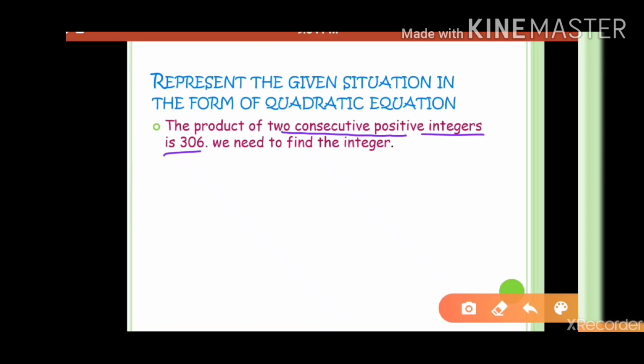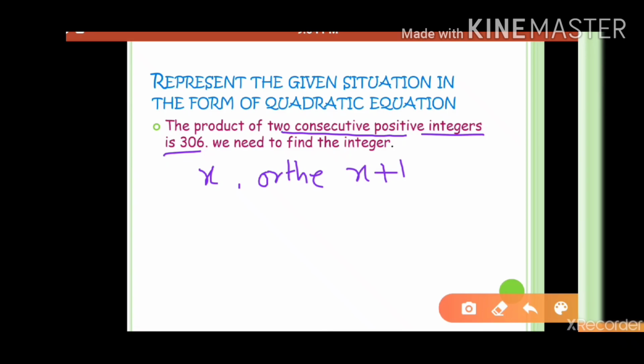We know that two consecutive positive integers are regular numbers, that we can say if one of the consecutive positive integers is x, then the other is x plus 1,